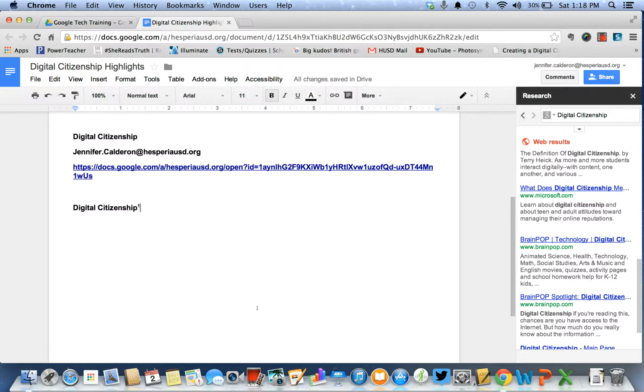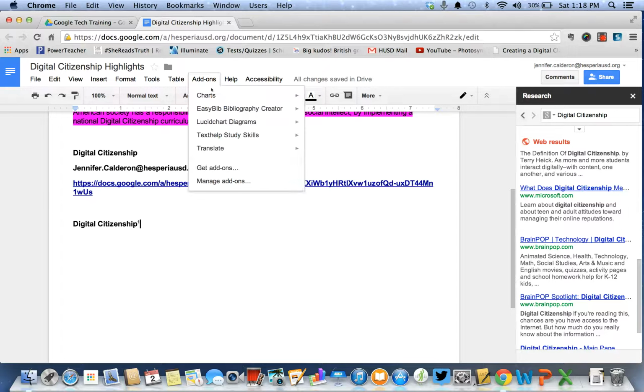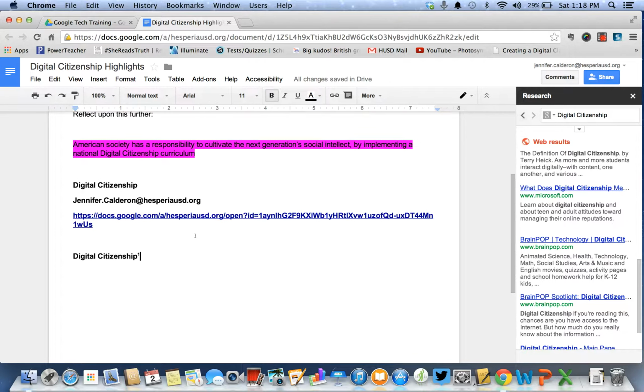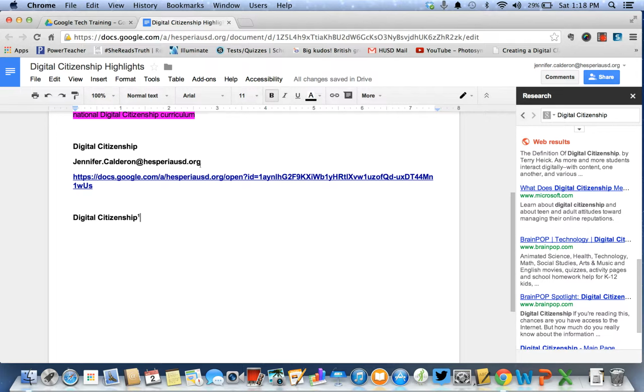Now, if they're going to use like Easy Bib, I'll show you what that looks like a little bit later, but it can actually generate it in MLA format or whatever the case may be. So these are some cool tools. I will do some further screen castings about those, but this is just to get you guys'